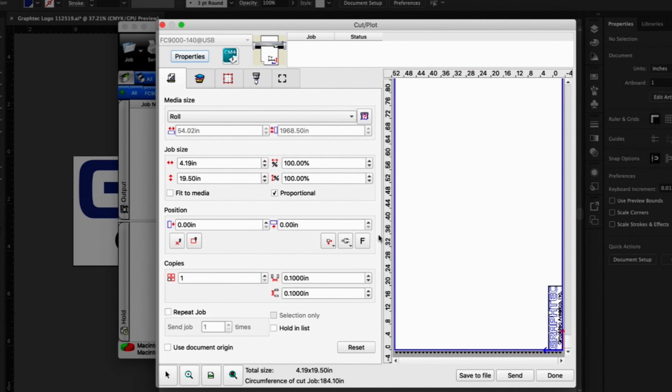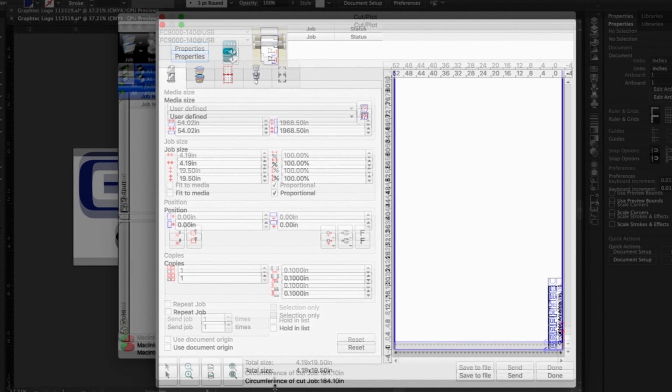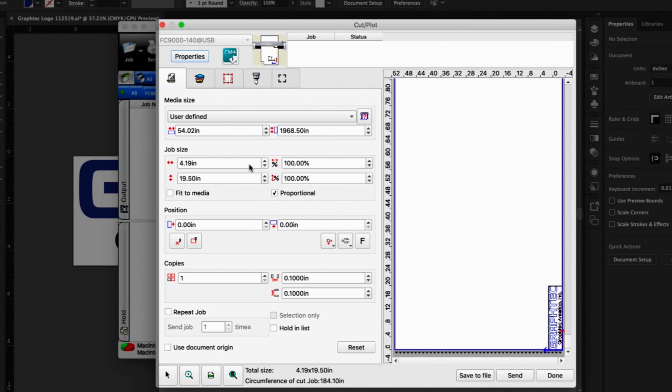Let's return to the General tab and go over some of those settings. As mentioned earlier, it's important to set the media size correctly, since it can help get an idea of how the job design will lay out. A perfect example of this is when it determines the paneling layout. To change the media, there are several options. First, we have this list of media size presets. There are also options to set a custom size when choosing User Defined. When selected, this will allow us to change both the width and the height of the media just below.